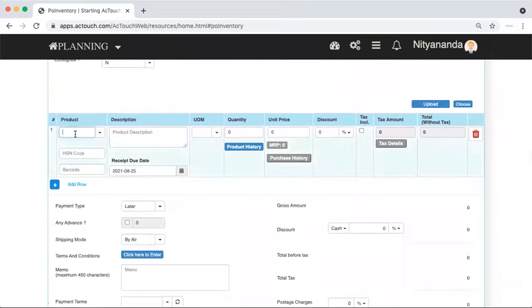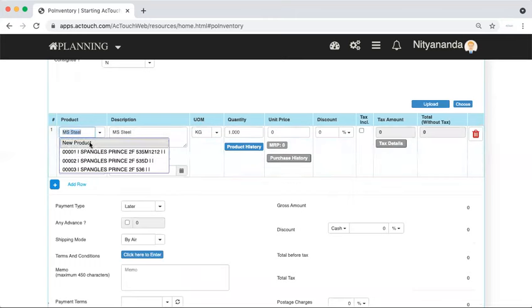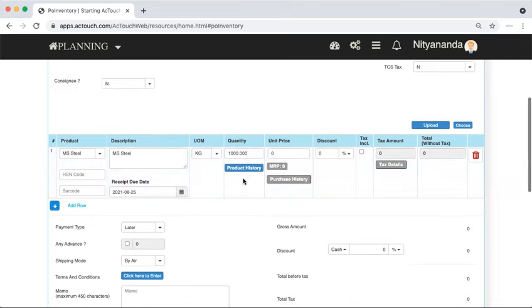Okay, now the way we look at it here is, let's say you want to buy the material, steel material I'm taking. The product masters are created already, or you have the option to create a product master here. So when you select the product ID, it comes with a particular unit of measurement, and how much quantity you need. Let's say I need 1000 kg. Now I want to know, for 1000 kg, did I purchase any other material earlier?